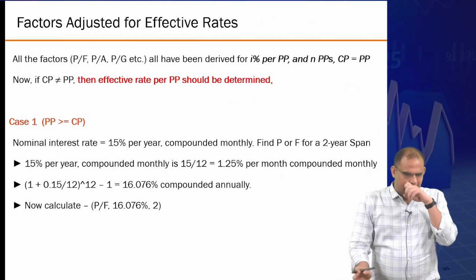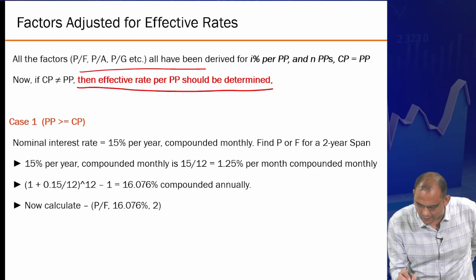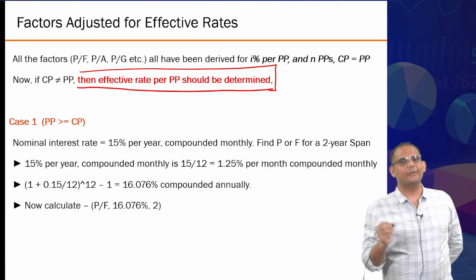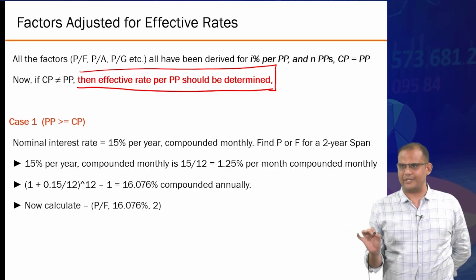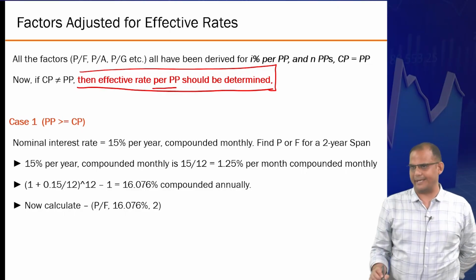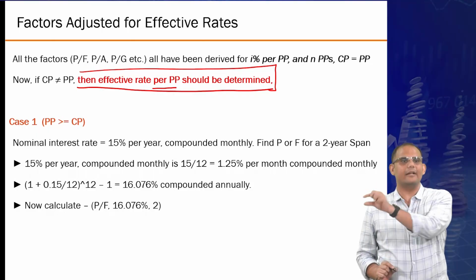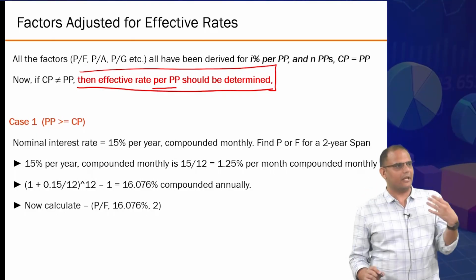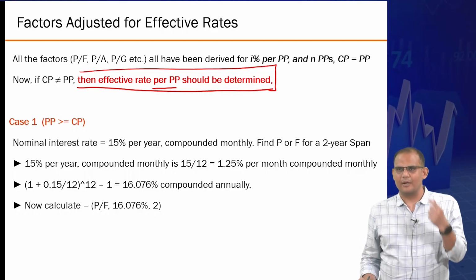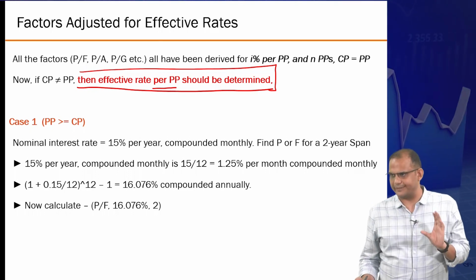Now, remember these golden words: always and always change the effective rate. All you need to do is, depending upon the compounding information, identify the effective rate per payment period. That is what you have to do. Then your N does not need to change, because N is already the number of payment periods you are dealing with. So N does not have to be modified. All you have to do is bring your interest rate and calculate the effective interest rate per payment period.